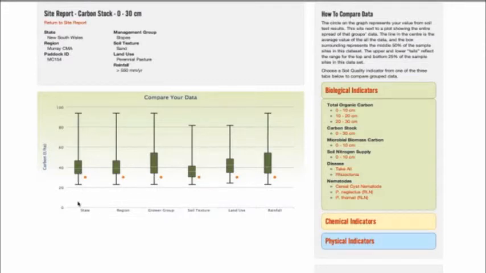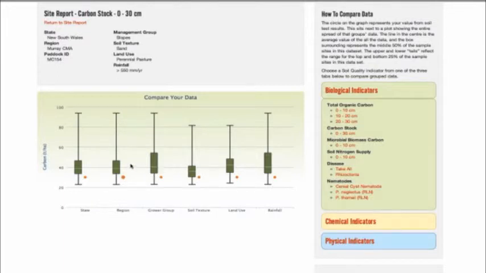So again, we've grouped data differently here. This is the actual point, so the value is about 20, I think it was 29.9 tonnes per hectare. This is that data point all the way along, and what he's doing here is comparing himself, this farmer is comparing himself to all the other guys that were sampled and measured in the program, and they're on the website. So on a state level, on a regional level, so that's just in the Murray CMA, and on the grower